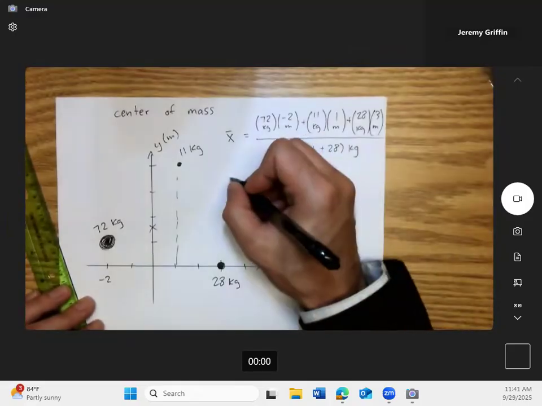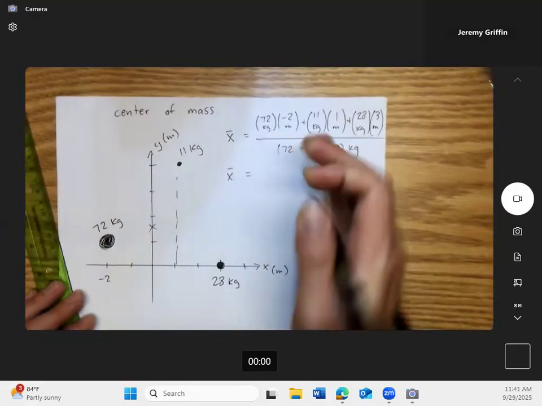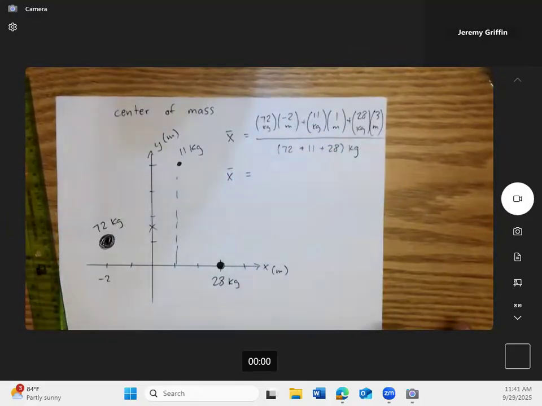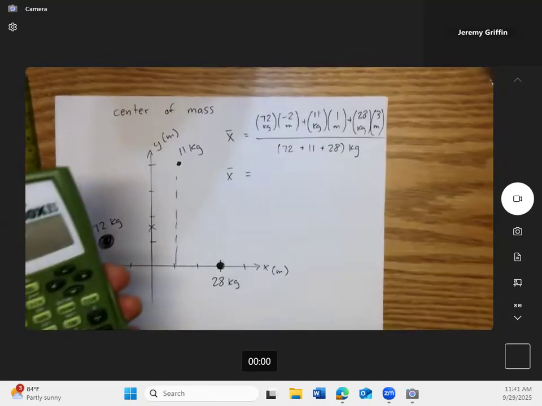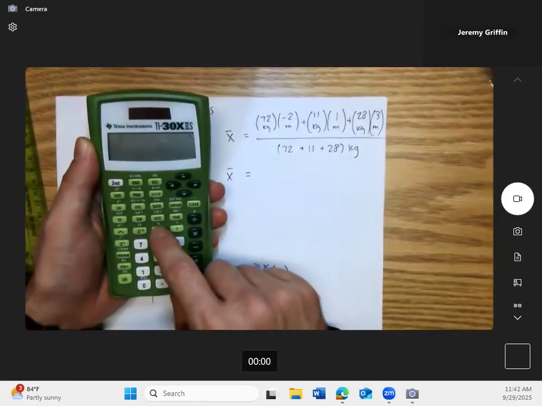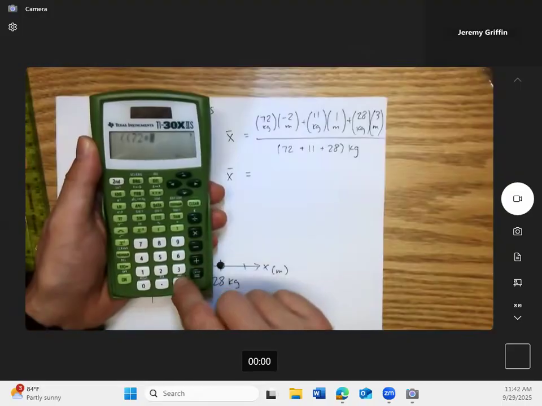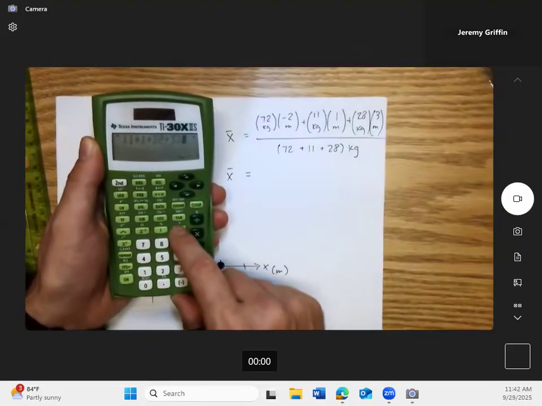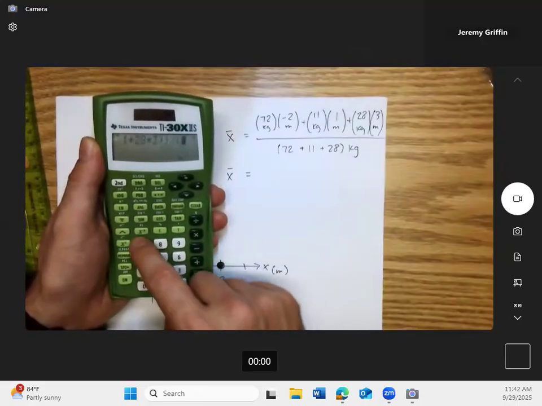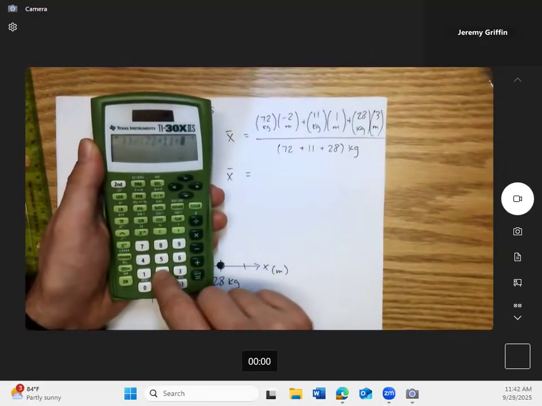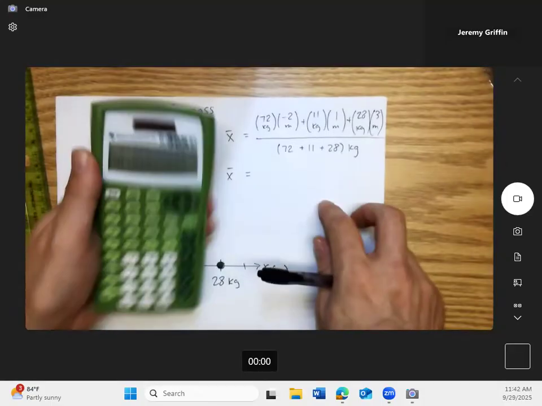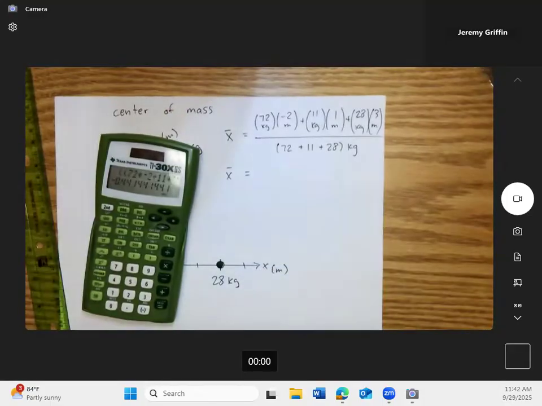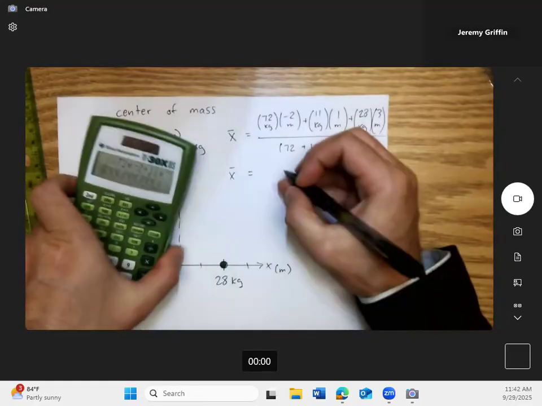And that'll give me the average x location. So the average along the x-axis. So let's do 72 times -2 plus 11 times 1 plus 28 times 3, all collectively divided by 72 plus 11 plus 28 kilograms. Right, so do you guys see that the kilograms are going to cancel? That'll leave me with meters. So I'm getting